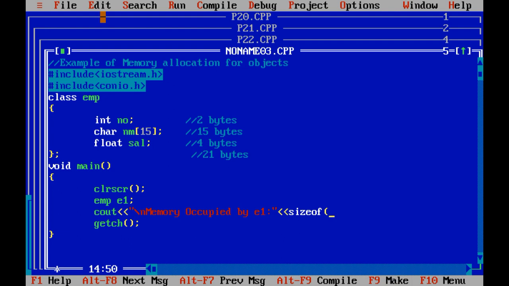We have seen that using integer data type as well as with the variable also. Don't use space in between sizeof keyword, and then sizeof object e1. And suppose I want to check the address or location of employee e1, at that time, with the help of ampersand sign I can check it.